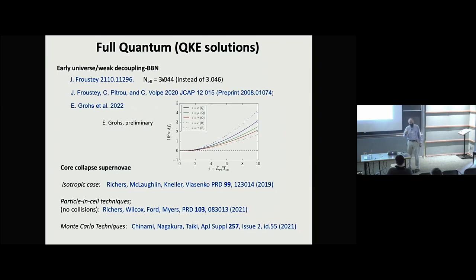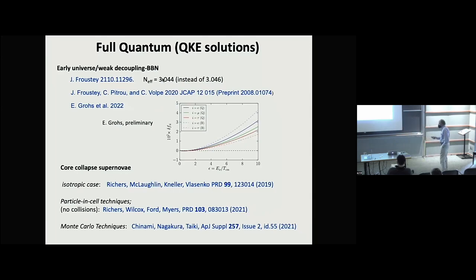The point is that if I put in oscillations now in the early universe, an electron neutrino is spending part of its time as a mu or tau neutrino. But the electron neutrinos have a charged current scattering channel that the mu and tau neutrinos don't have. So interestingly enough, when we put in the quantum effects in the QKEs, the spectral distortions are somewhere between what we get for Boltzmann in the two different cases for the flavors.